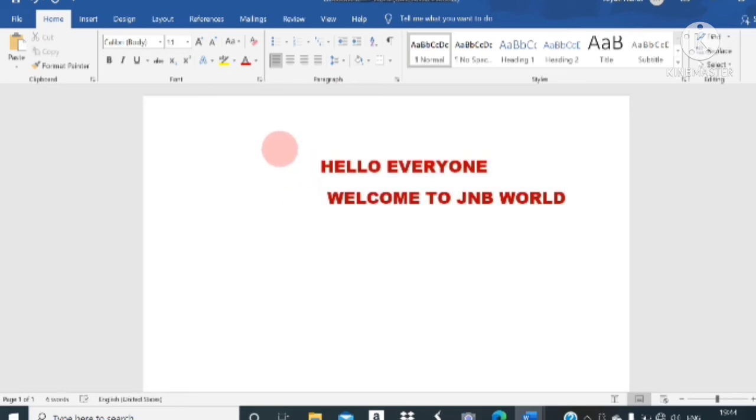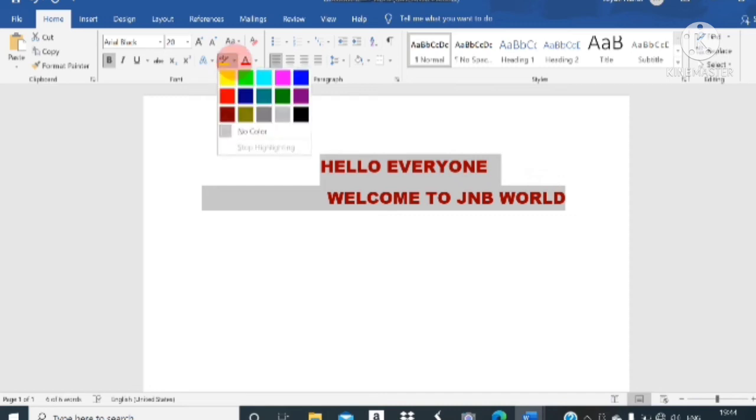Now if you want to highlight this, highlight means say some text is very important. For attraction of this text you can highlight this text. So for this you have to click on this highlight and you have to click like this.